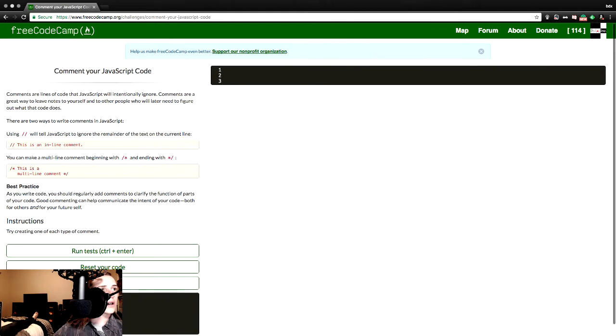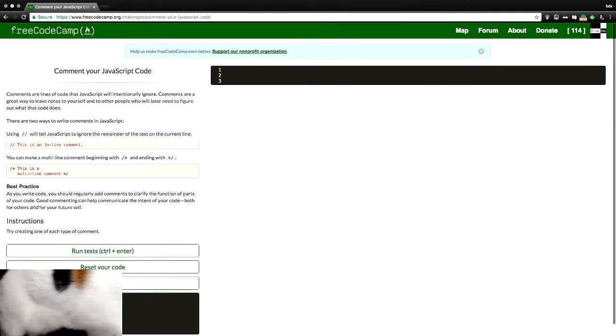From the top, comment your JavaScript code. Comments are lines of code that JavaScript will intentionally ignore. Comments are a great way to leave notes to yourself and to other people who will later need to figure out what that code does. There are 2 ways to write comments in JavaScript. Using the // will tell JavaScript to ignore the remainder of the text on the current line. // this is an inline comment. You can also make a multi-line comment beginning with a /* and ending with a */